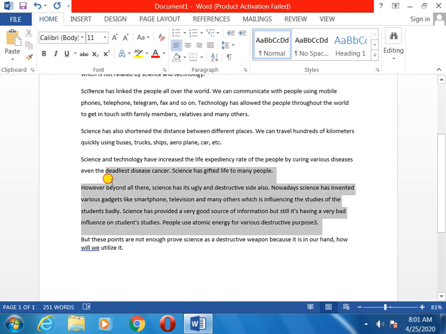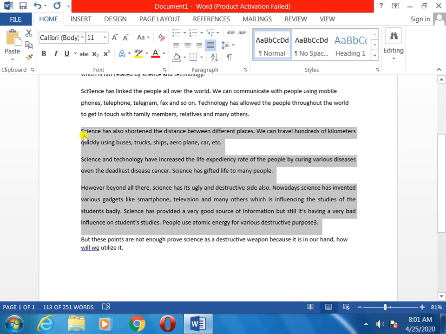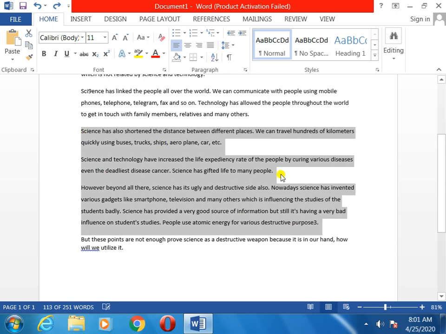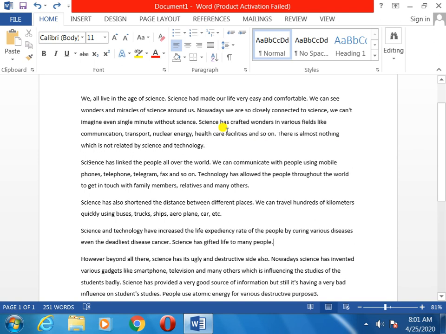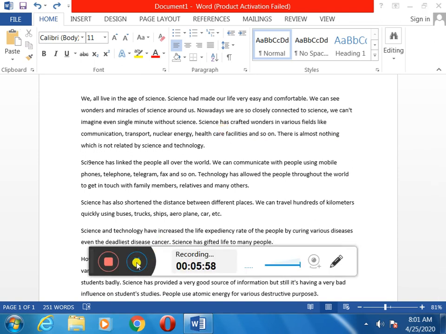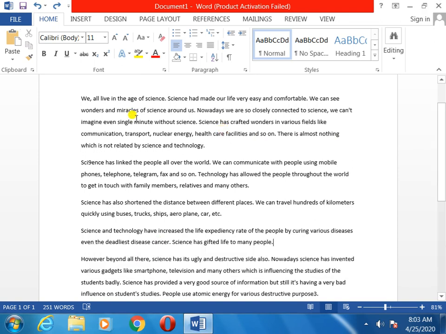So we can do these things, that is how to change the line space.